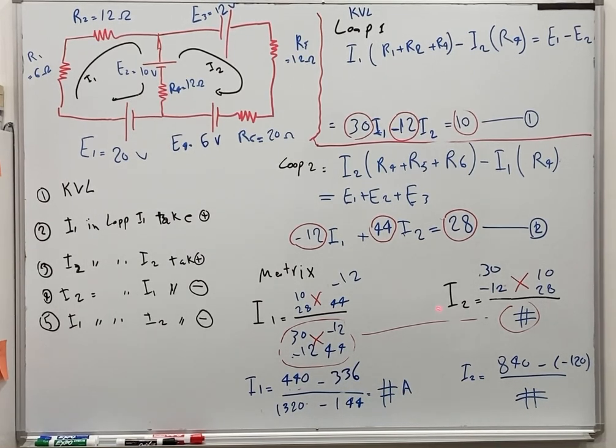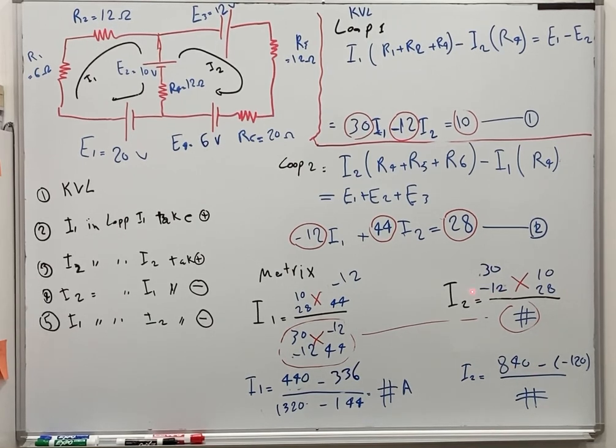Okay, now for I2 we'll use the same thing here down. You see here down I'm using the same numbers, whatever the number is we'll get from here or from here, between these 2 numbers. We'll use this number to put it here, and instead of putting the 10 instead of the 30 like we did here, and 28 instead of minus 12, we'll put the 10 instead of the minus 12, and 28 instead of 44. See the 10 here this time, and 28 will be here. So 30 multiplied by 28, it will be 840,